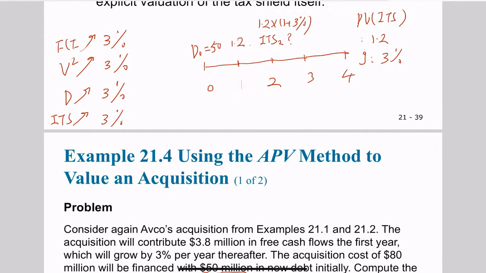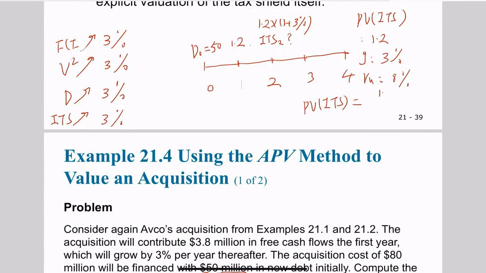And we have learned that if the firm maintains a constant debt equity ratio, then we should use the unlevered cost of capital to discount this firm's interest tax shields. So here you can see that we should use this 8% discount rate, which means the present value of the interest tax shields